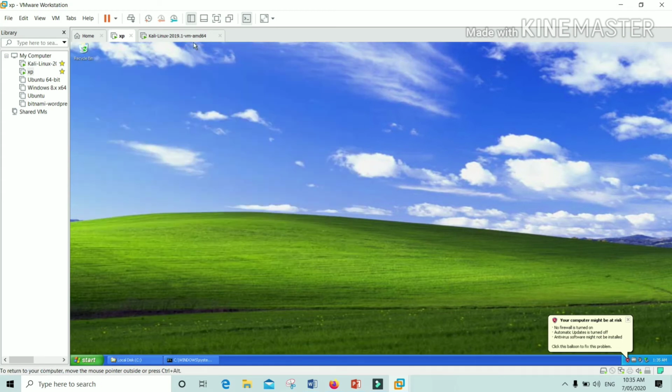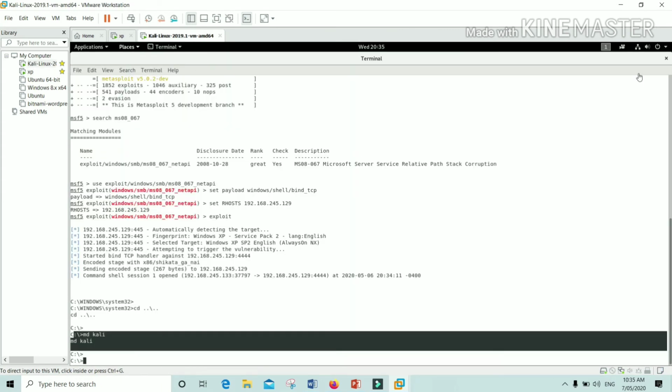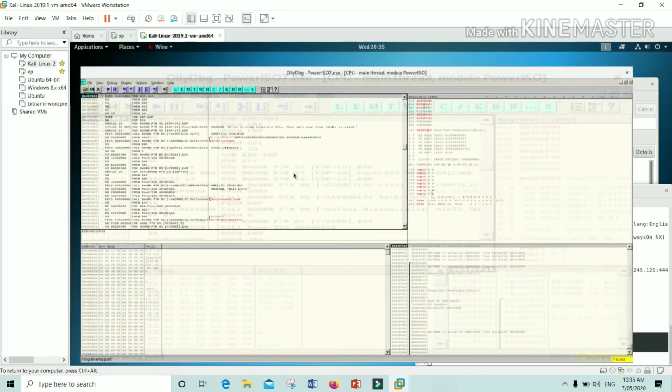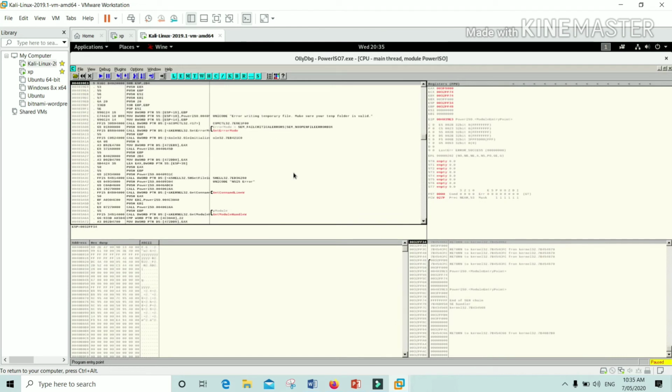Now let's have a look at the third tool, which is the reverse engineering tool, Ollie Debugger. Ollie Debugger is a reverse engineering tool. By this we can find the source code of executable applications, that means .exe files only.